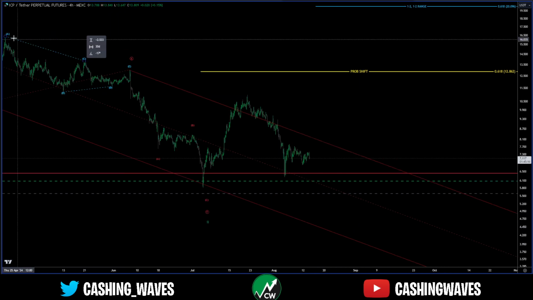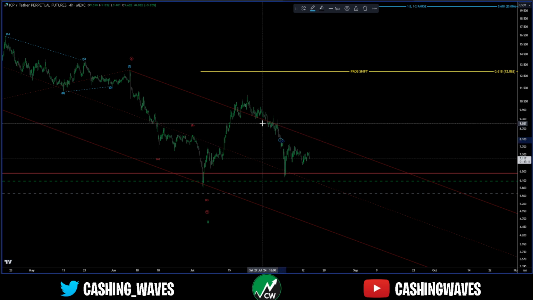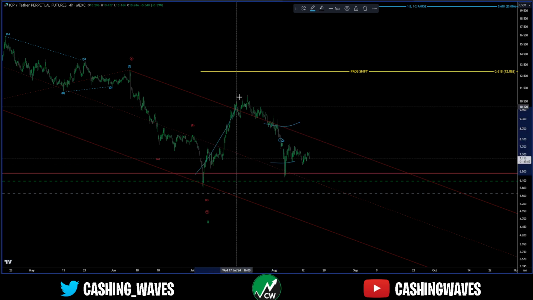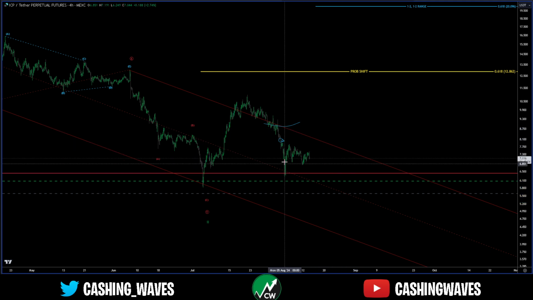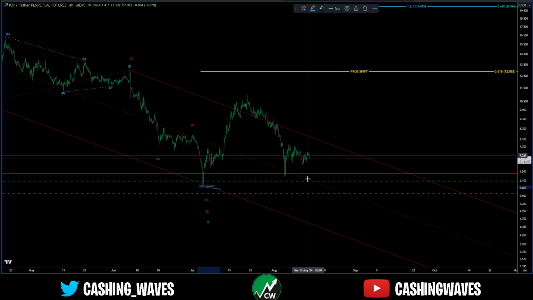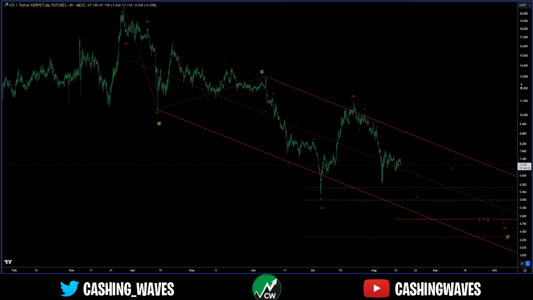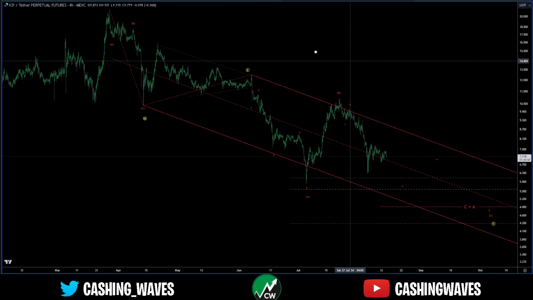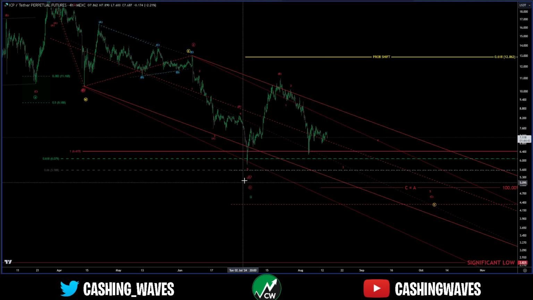Now, we were expecting a pivot between the 382 and the 786 of this move as a smaller degree wave 1 and 2. You can see we're almost invalidated. So this is getting quite worrisome. And if we do break this low here, my alternative, which I suggested previously, was that this ABC as a Y wave right here